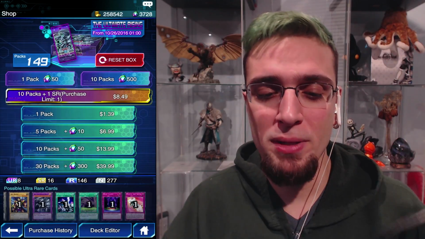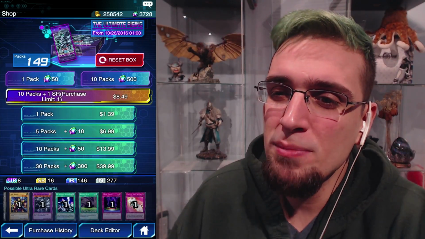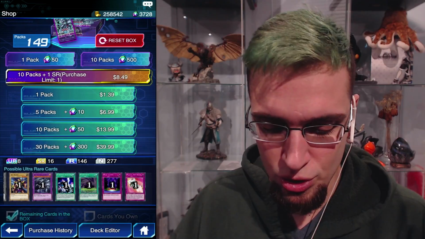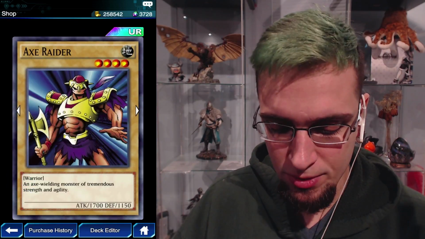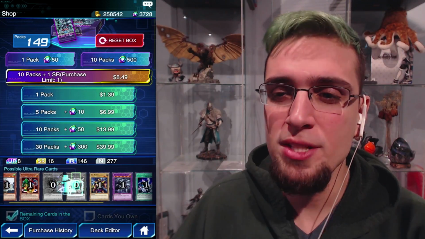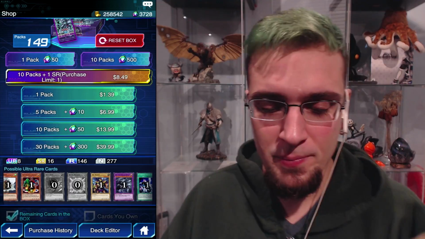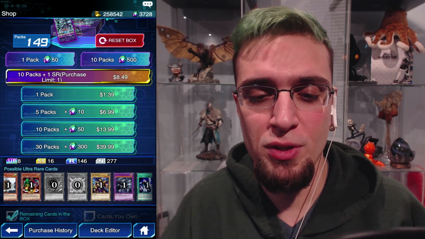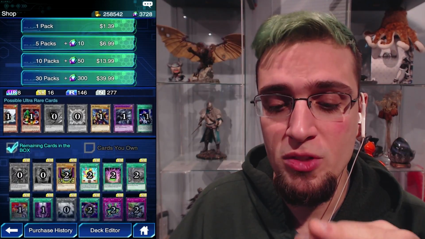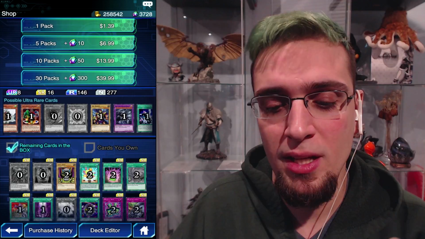A 50 pack opening. I still have 3,728 gems. What I really want from these packs is one of these Axe Raiders. So there's no more chances against Sphere Karibo. Okay, let's talk about this for a second before I end this video. Maybe you guys can help me out in making this decision. I really want 3 copies of Sphere Karibo. I don't know if it's necessary, so if you guys have some advice on that, if I should actually reset